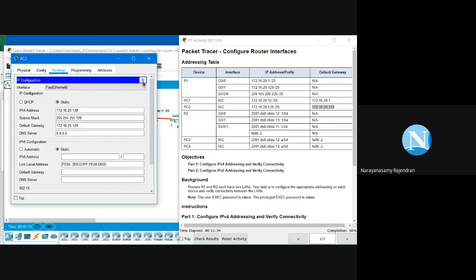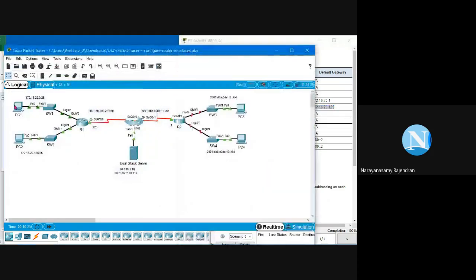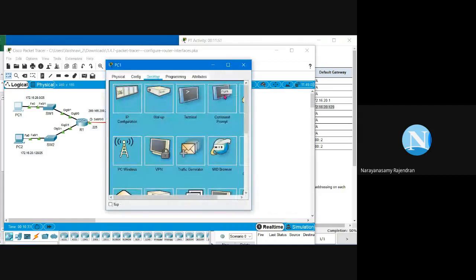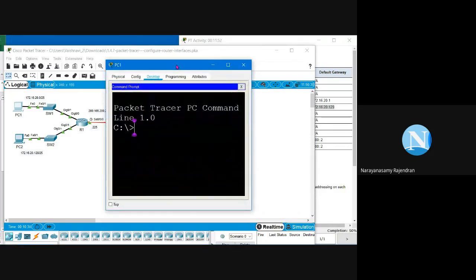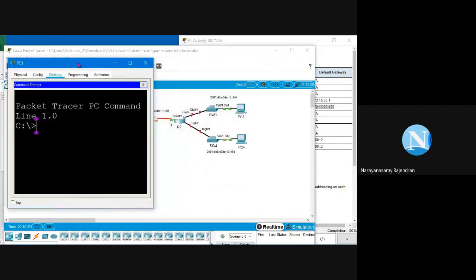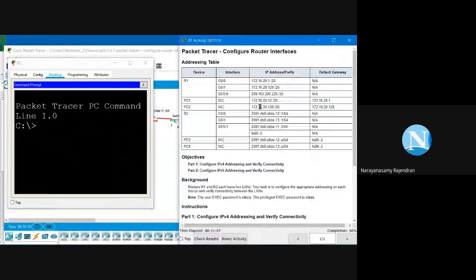We have done. We are going to verify the communication between PC1 and PC2, and PC1 and the dual stack server. To do that, I'm going to click PC1, then command prompt. We need to know the IP address of PC2.